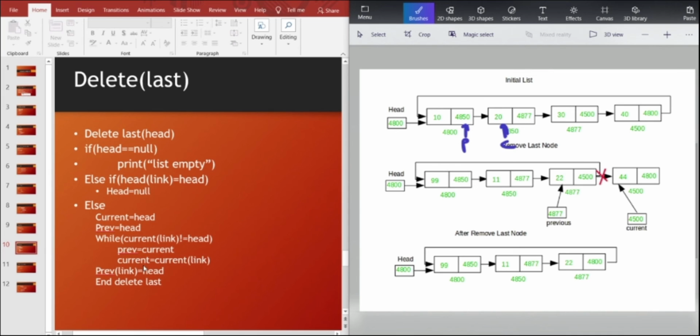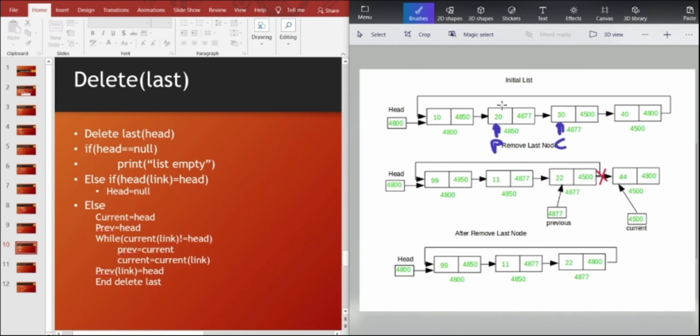As we can see here, current equal to current of link. So this is the current node, and we check again whether the current of link is not equal to head. Here also the current of link is not equal to head. So now we set the previous as this one and the current equal to current of link. That's this.